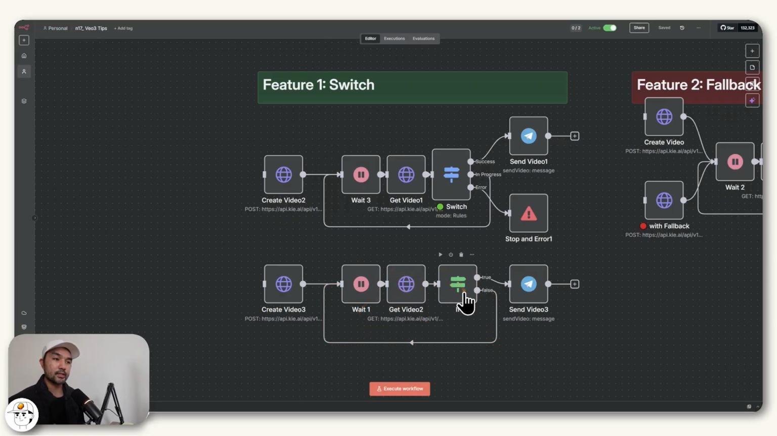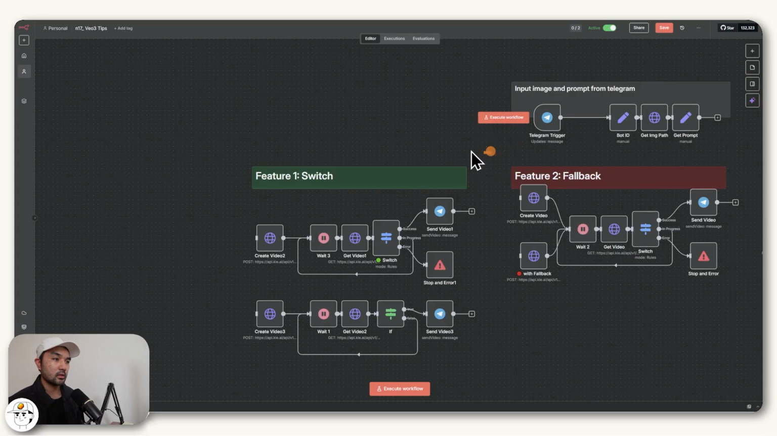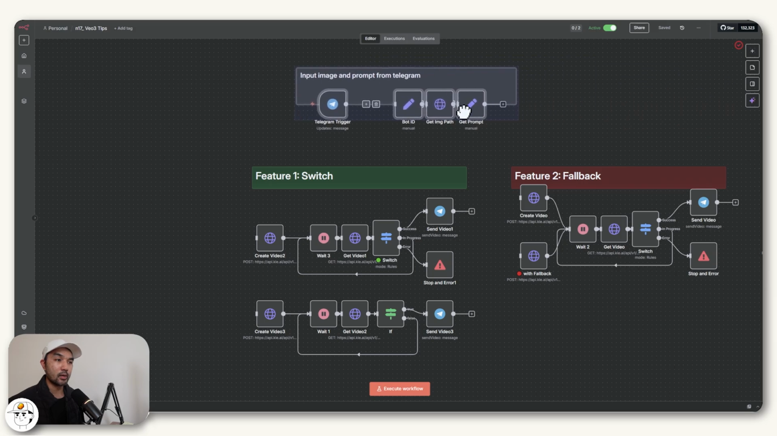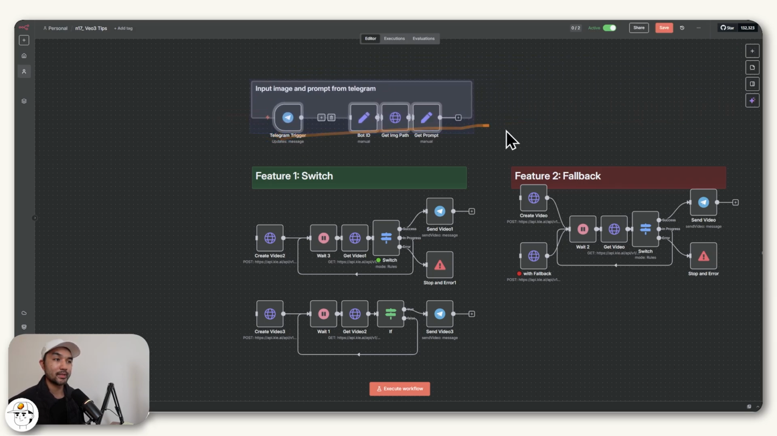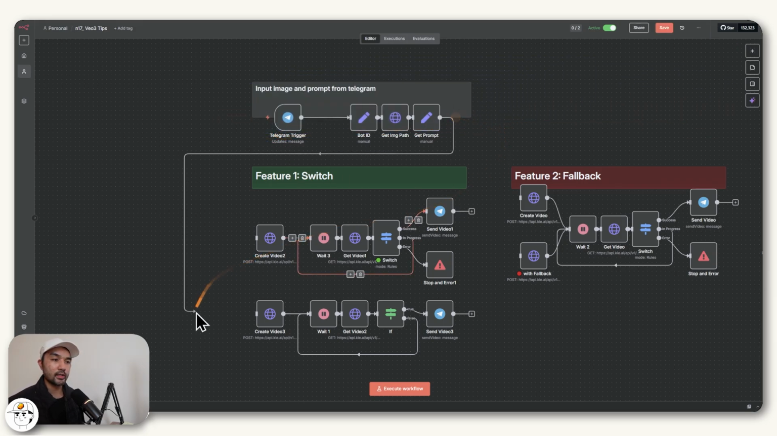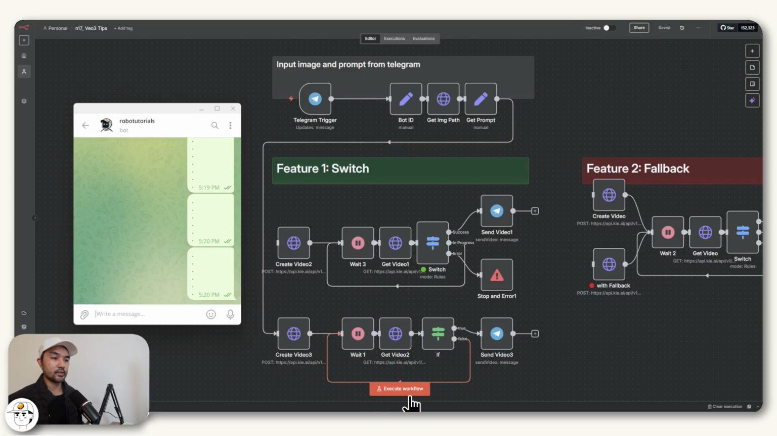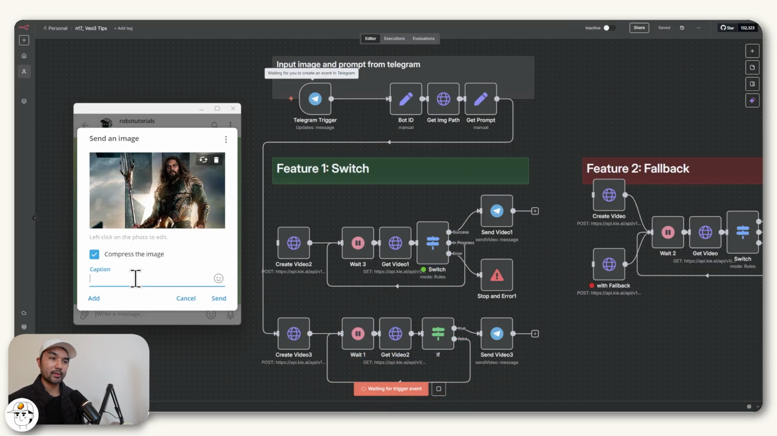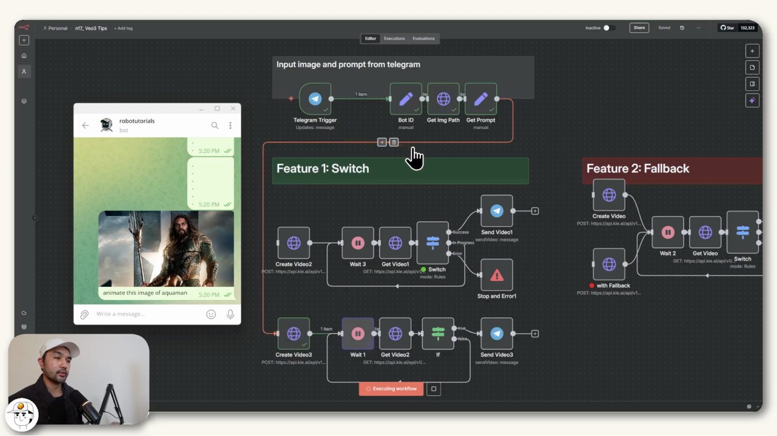The problem happens if on the back end there was some sort of error when it comes to video generation, which we can actually simulate by submitting an image and written prompt through these nodes, which is linked to my Telegram. So what I'll do is just connect that to this if node automation that we have at the bottom. And what I'll do is just execute this workflow and send this prompt and image to our automation. So let's say that we want to animate this image of Aquaman. So that should trigger the automation, which you can see here has been successfully passed to Veo3 for generating,